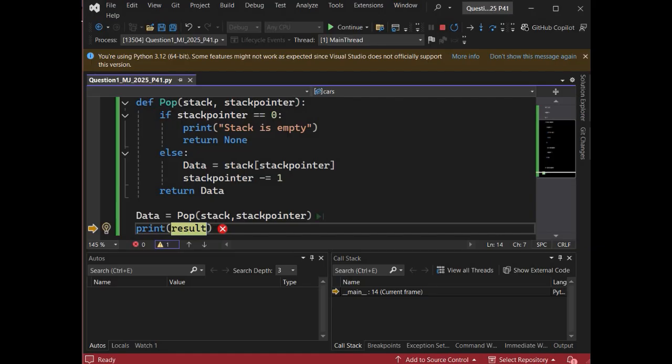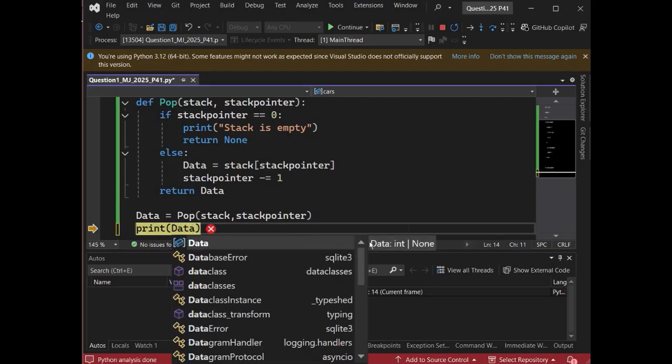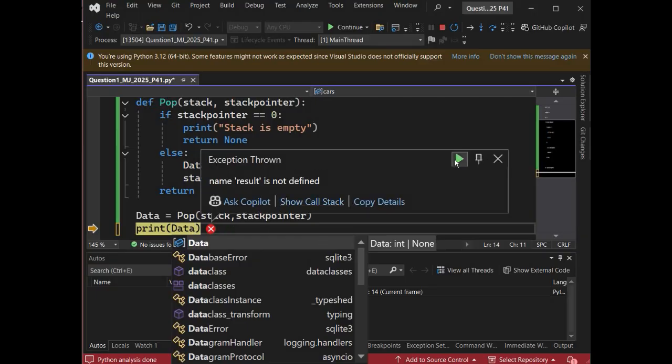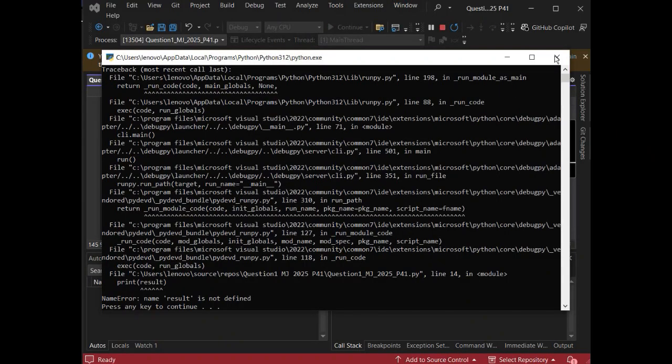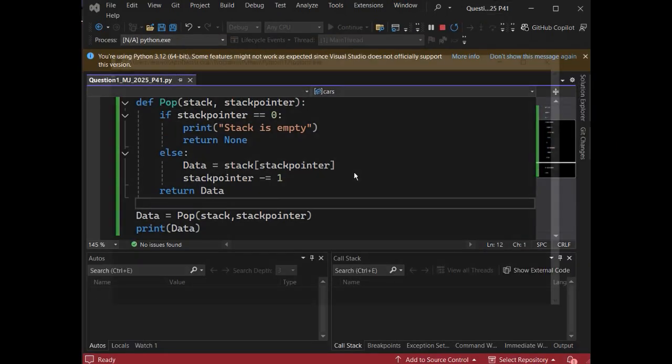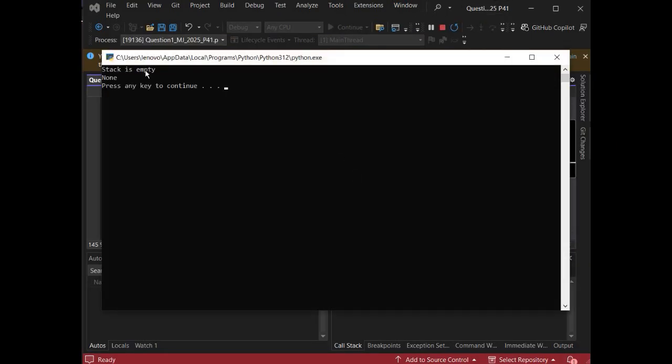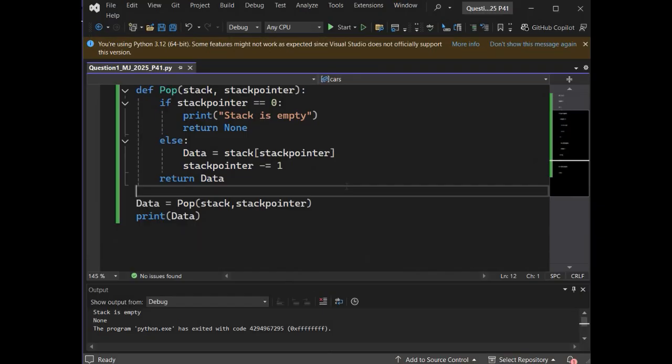Oh, okay. Result does not exist anymore. I need to print data. Stack is empty. Okay, none is returned.